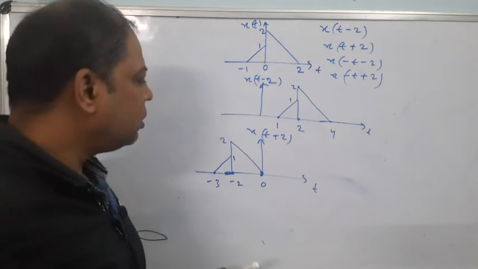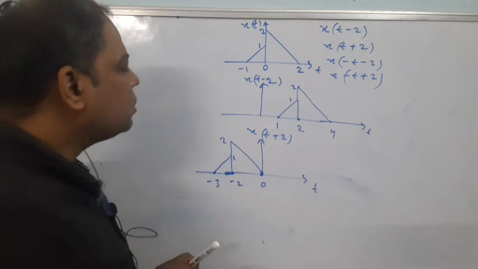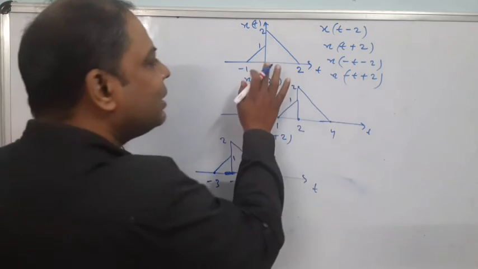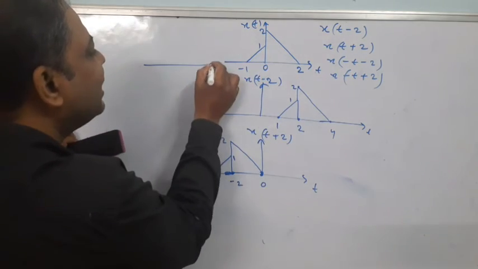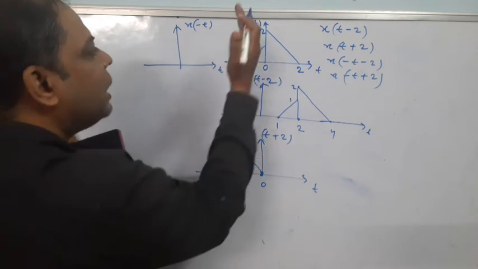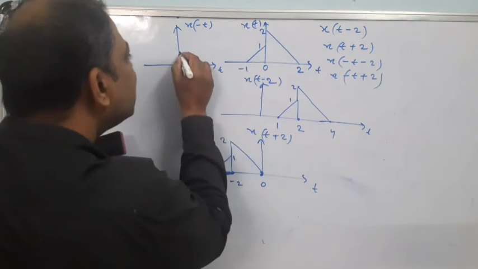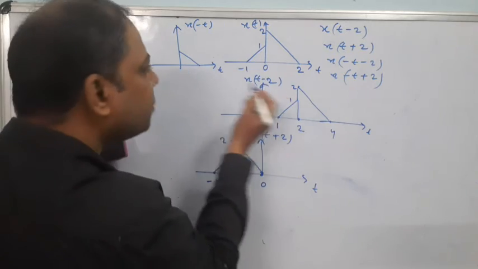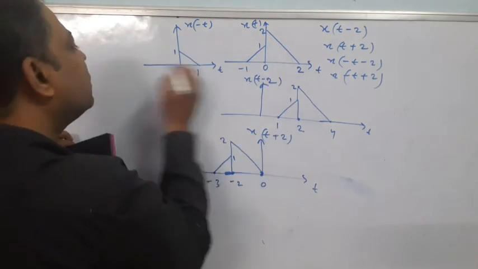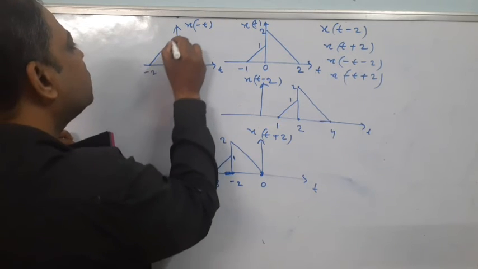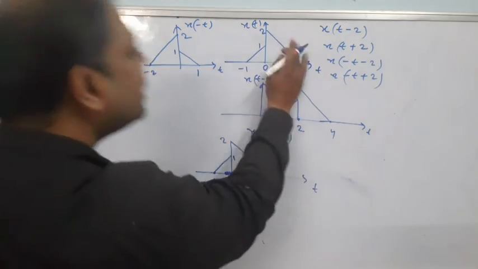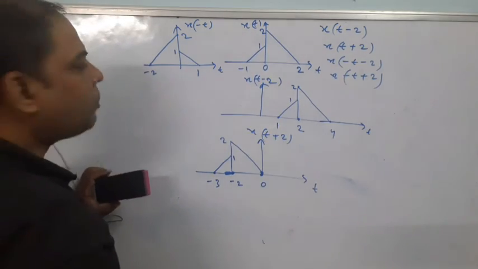Any doubts? Okay. Now see here, x of minus t minus 2. First you have to fold the signal. If you fold the signal, look carefully, if you fold the signal, what will happen? x of minus t. Place a mirror here, this side becomes this side. Look, a complete mirror reflection, exact reflection. Just imagine and plot. This is 1, this is 1. Then this side becomes, this is -2. Now this will be the signal. This is 2. After folding, we are getting this. This side becomes this side. We are getting this signal after folding.